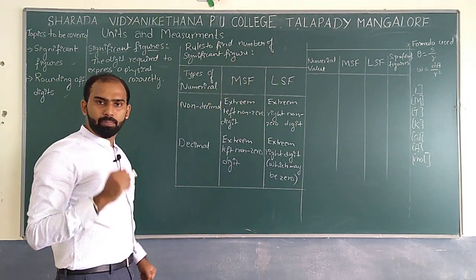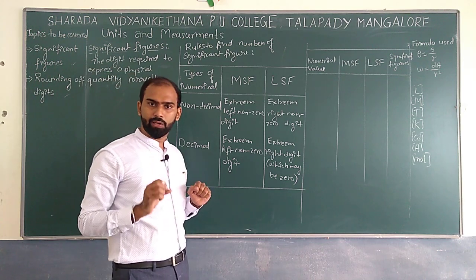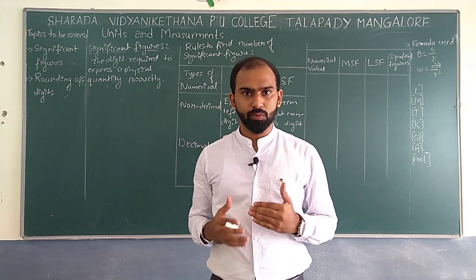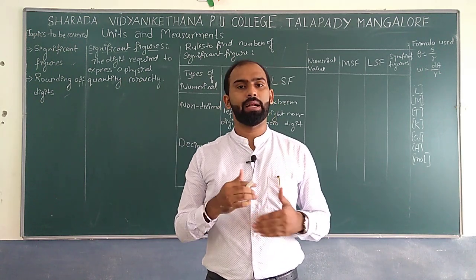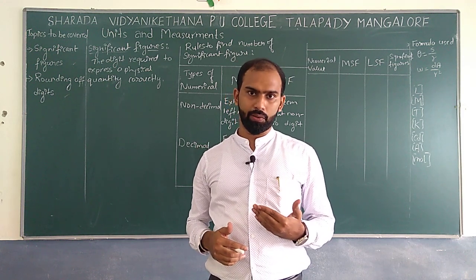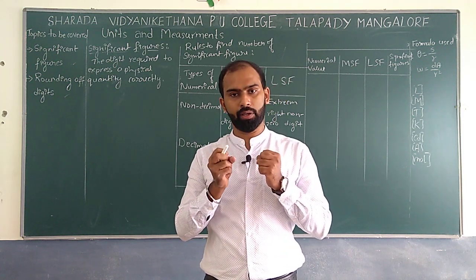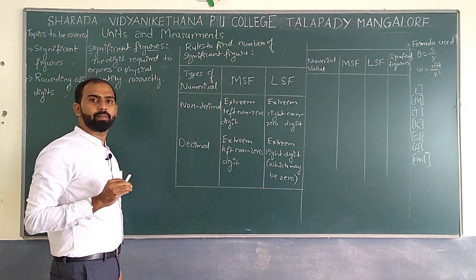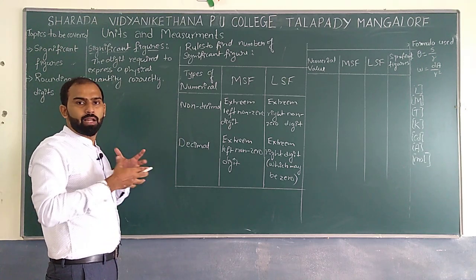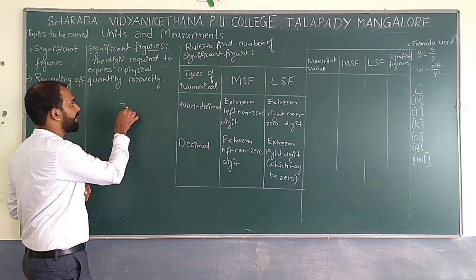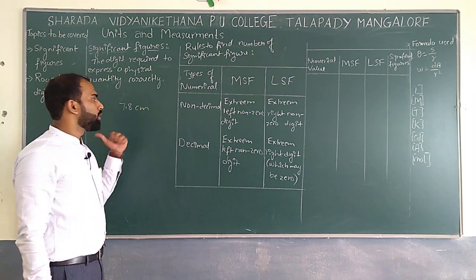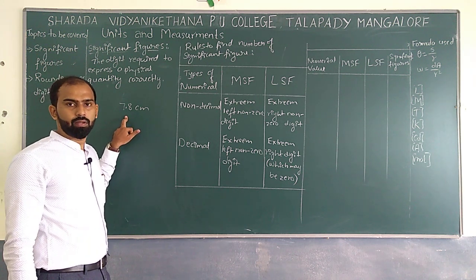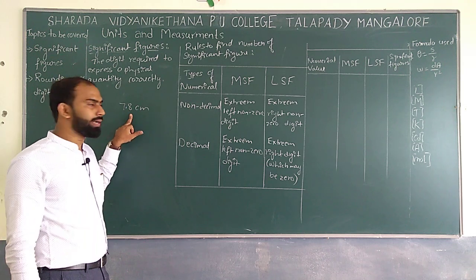So for example, what do you mean by significant figure? It is nothing but digits to be expressed in terms of a physical quantity correctly. What do you mean by physical quantity? It is a kind of measurable quantity, correct? So if it is a measurable quantity, for example, if I take the length of the cylinder as 7.8 centimeter, how many decimals can I expect in this particular value? 1 decimal, which means the accuracy level is up to 1 decimal.